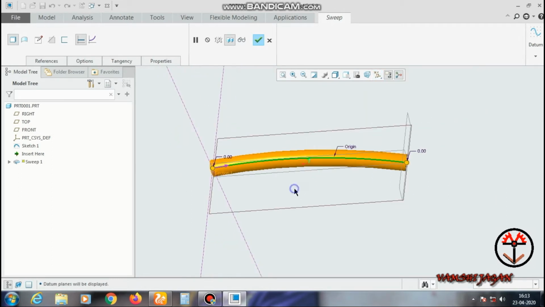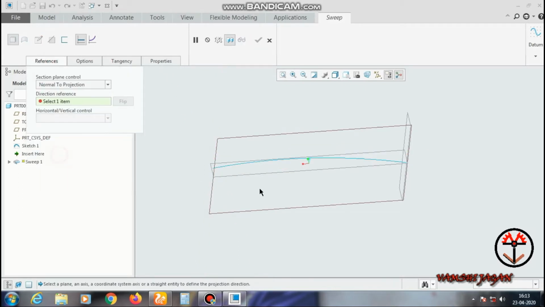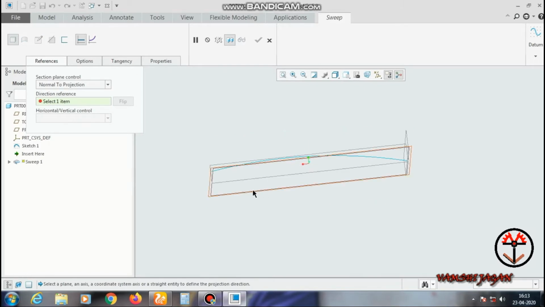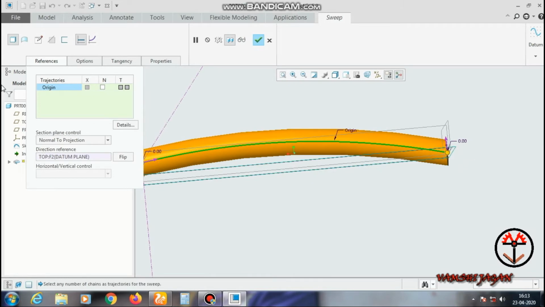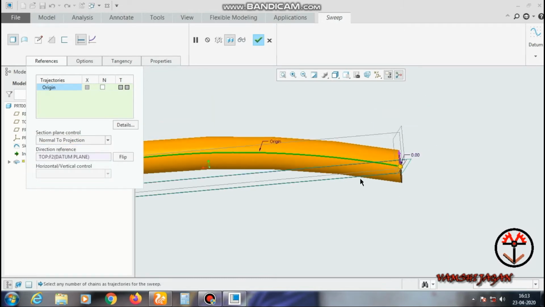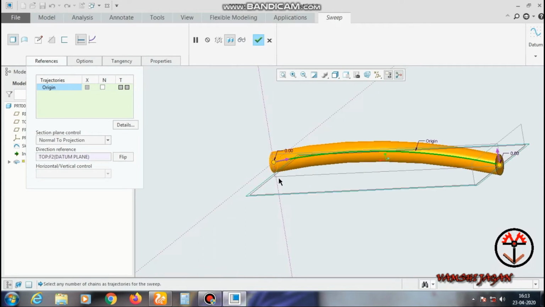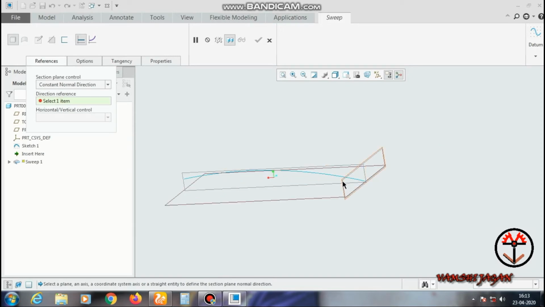So I will show planes and show you normal to trajectory, normal to projection, and constant normal direction. So select normal to projection. Click on select plane. You can see the normal to projection worked like normal to the selected plane. Normal means 90 degrees, like perpendicular, and constant normal direction is also the same.